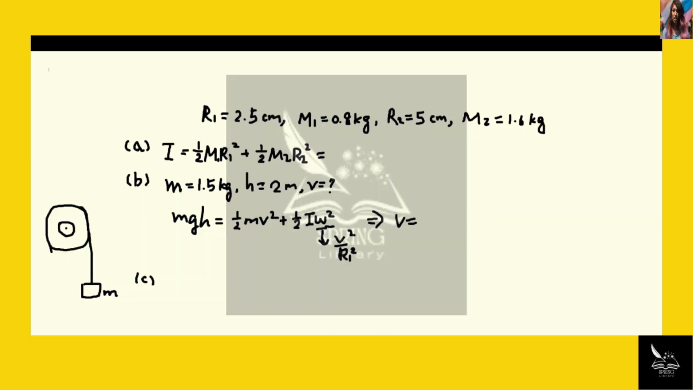Okay, in this problem, we have two disks with different masses and different radii. So the total moment of inertia of the whole system is a summation of the moments of inertia for the two disks. They both have the expression 1/2 mr squared. So summing them up, plugging the numbers, we get